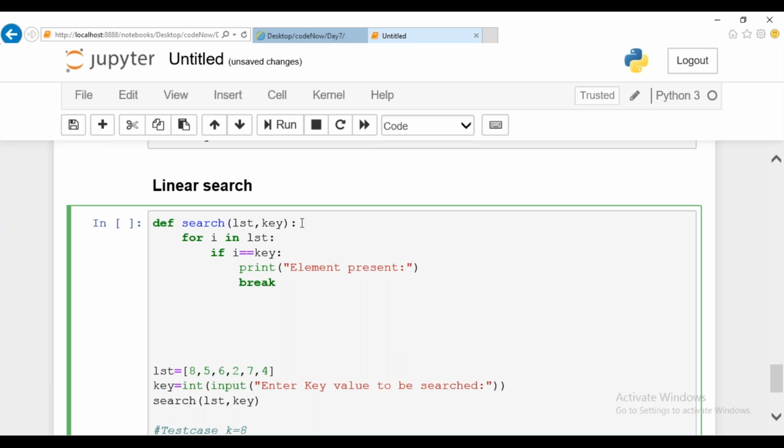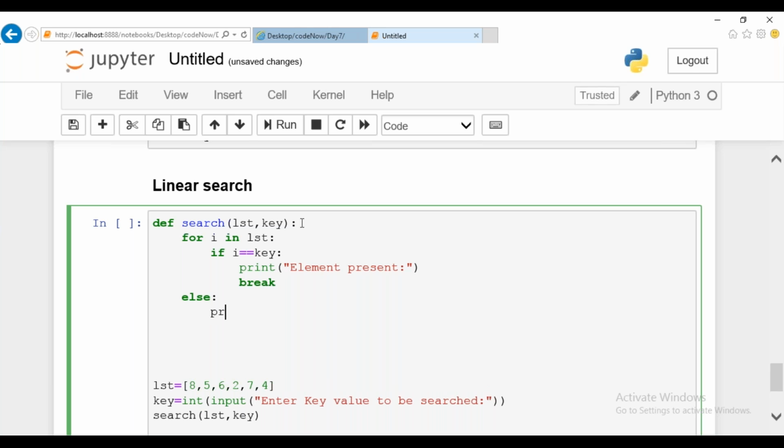If the element is not there throughout the list, you can write an else part for your for loop and print element not present. Right, a simple program you can write like this.